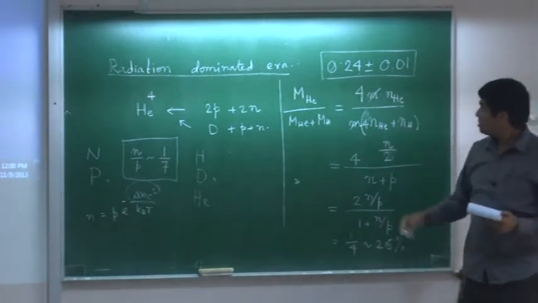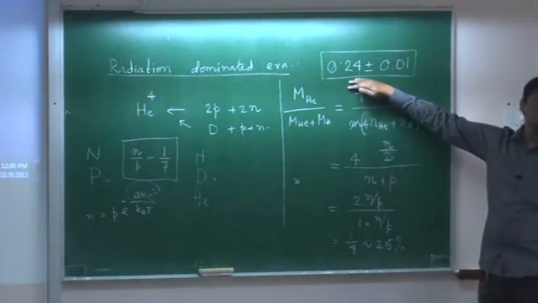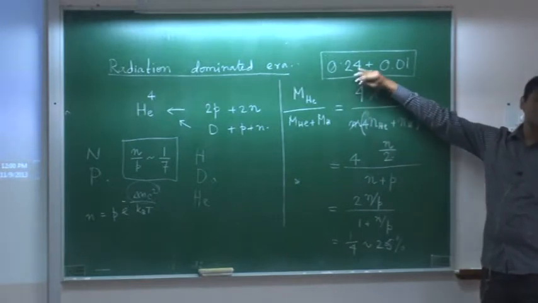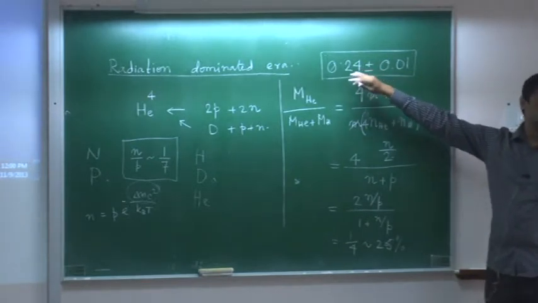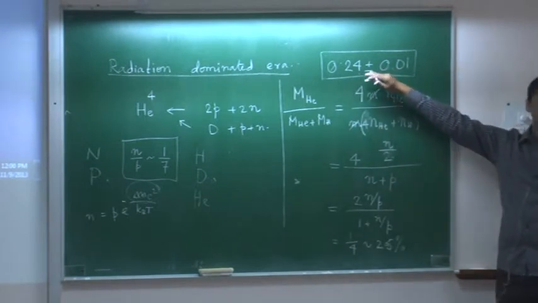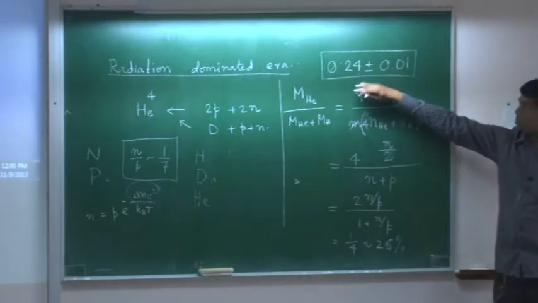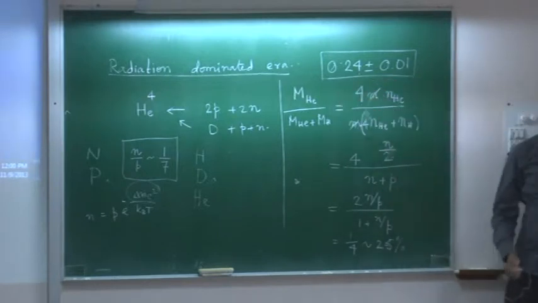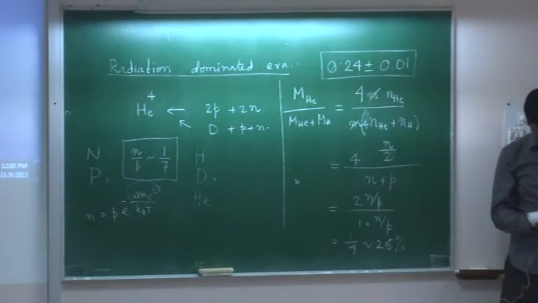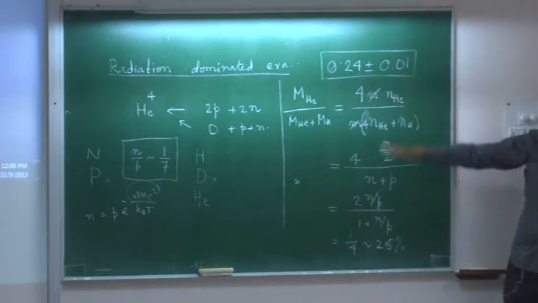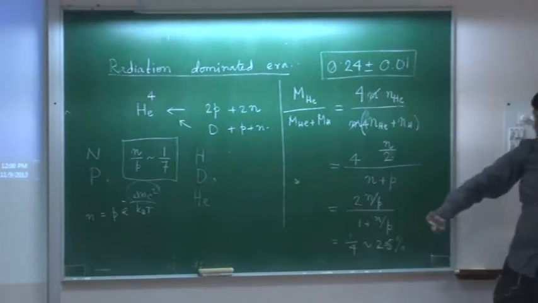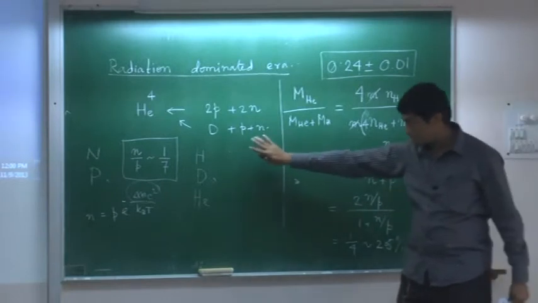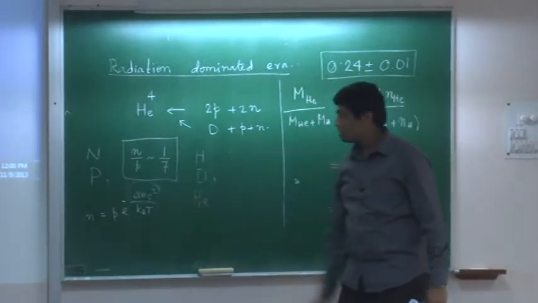And indeed, when it was observed, you can look at the galaxies which have not formed a lot of stars, so you have less amount of metals in those galaxies. If you look at those at high redshifts, you actually see this is what the helium abundance is, which is an independent confirmation of the Big Bang theory. Because this has nothing to do with anything else. This has only to do with the fact that you are living in a radiation-dominated universe, and what the mass difference between N and P is.